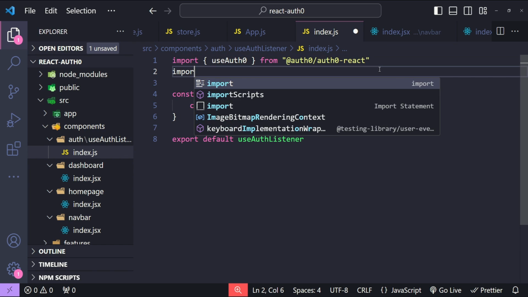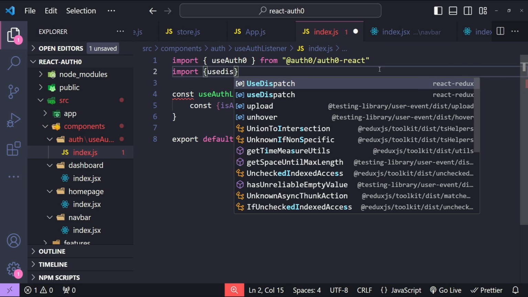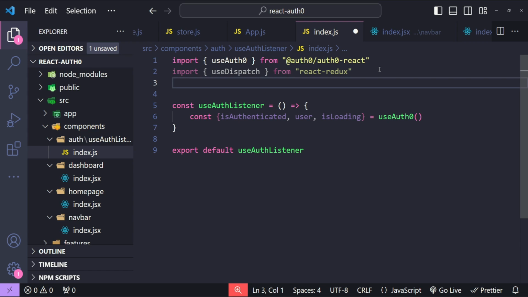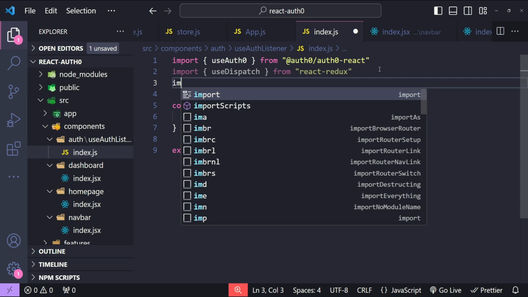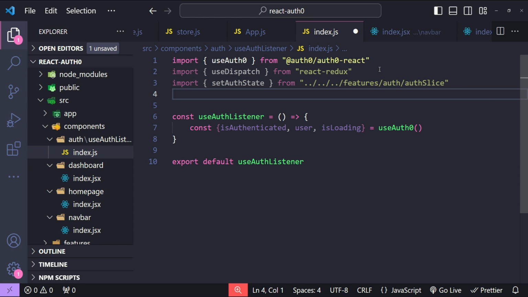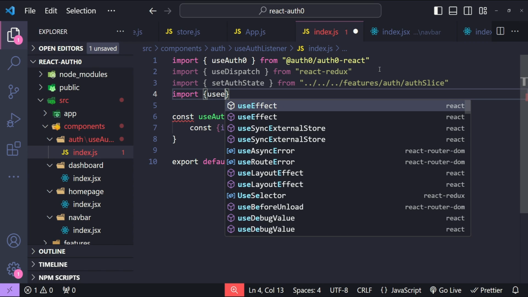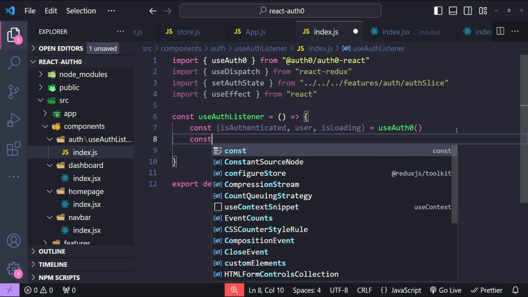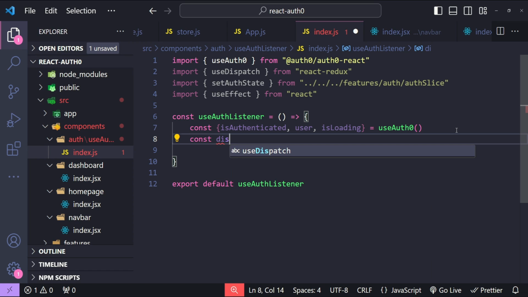Now we need to import useDispatch, and we will also need to import our setAuthState from our auth slice. So import setAuthState, and then let's also import the effect hook, because that is what we will be using to listen to the changes to these auth properties. So useEffect from react. Now let's create the const for our dispatch. So dispatch equals to useDispatch